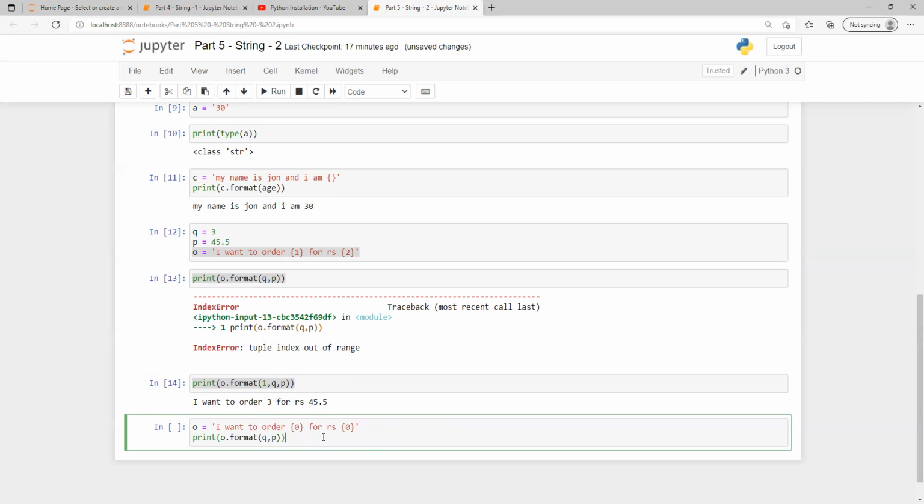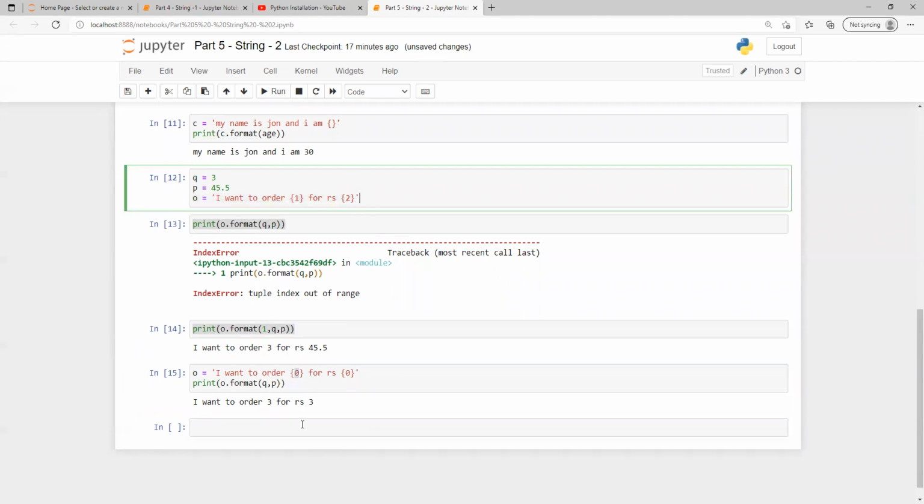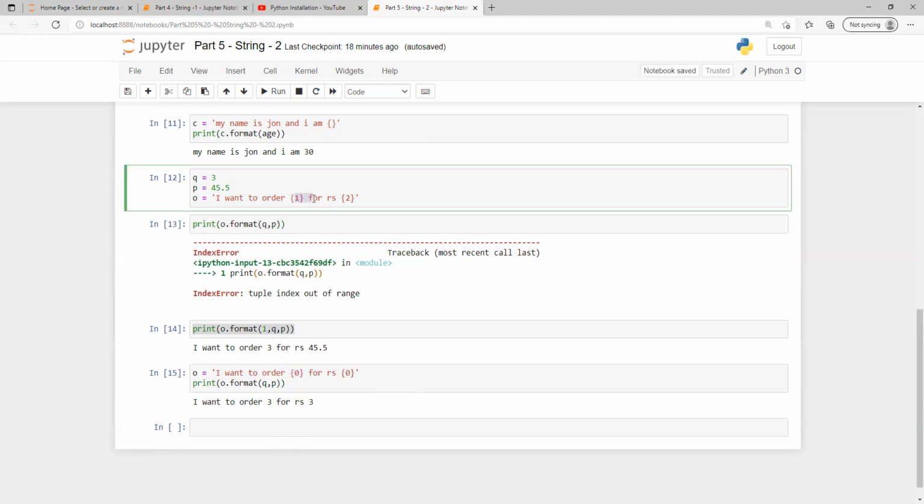So is that going to give us an error or not? Let's see. So now it's working. How? Because here the index we have given is only 0. So we have on 0's position the index that we need to concatenate here. But in the previous one, we had given index 1 and 2, and there is no value in the second position. That's why it's throwing us an error.